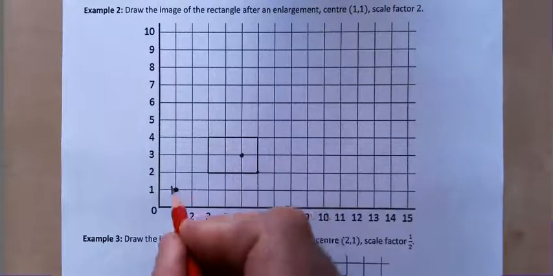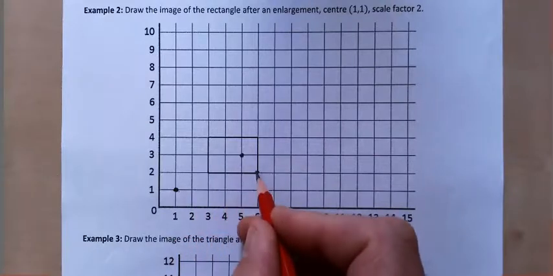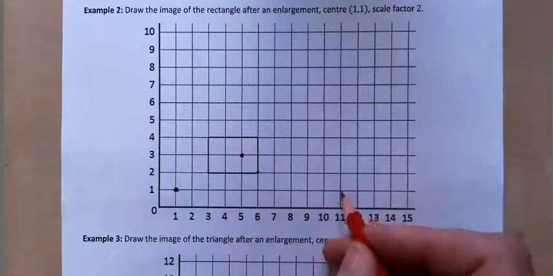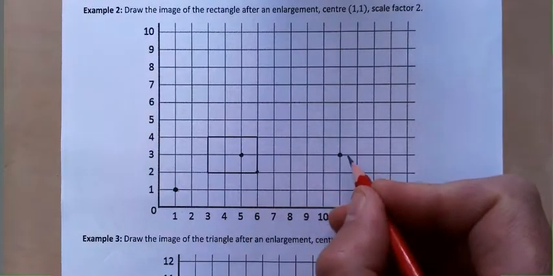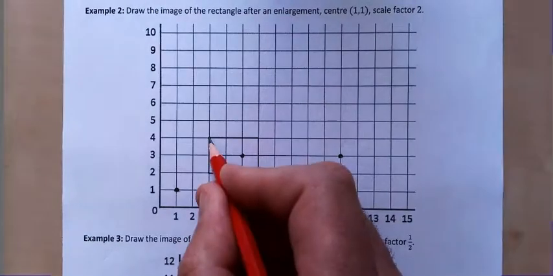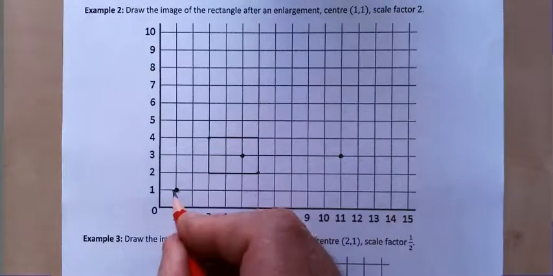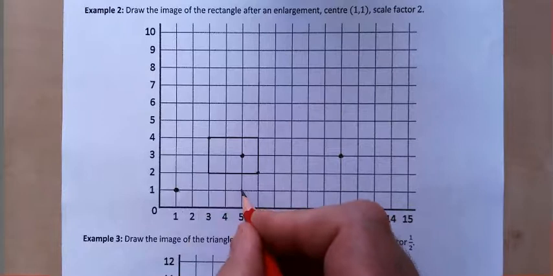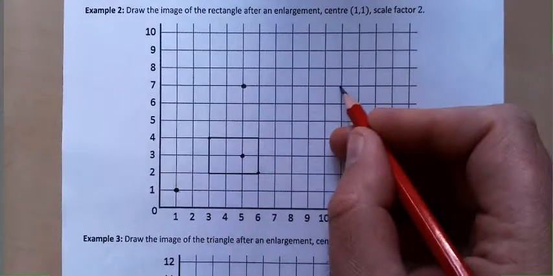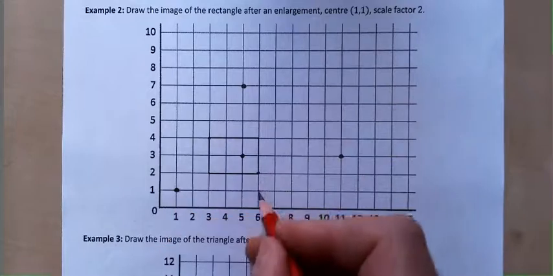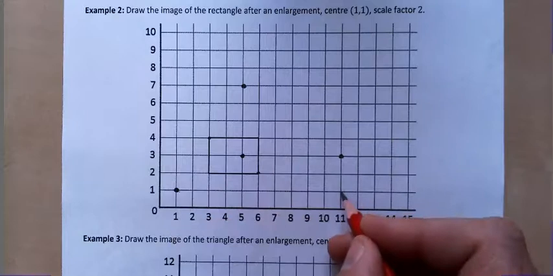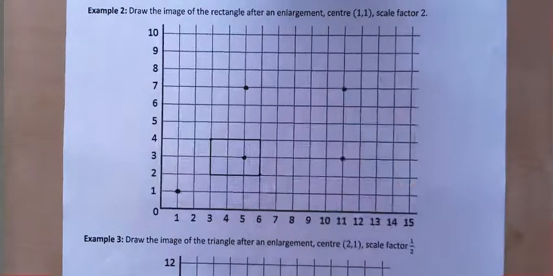Next corner, 1, 2, 3, 4, 5 and 1. So instead of going 5 and 1, I go back and I go 10 and 2. So that's that new point. Next corner, where is this? 2 across, 3 up. Instead of going 2 across and 3 up, I go back to the centre of enlargement and I go 4 across and 6 up. Most people can see where the fourth corner is going to be. It's going to be up here, but let's just check it's right. This is 5 across and 3 up. Back to here, I go 10 across and 6 up. And that's then my new